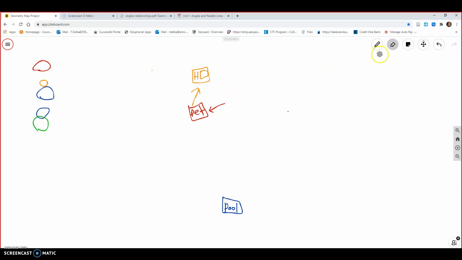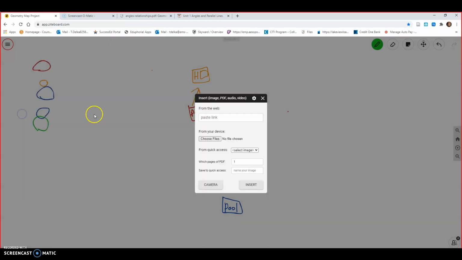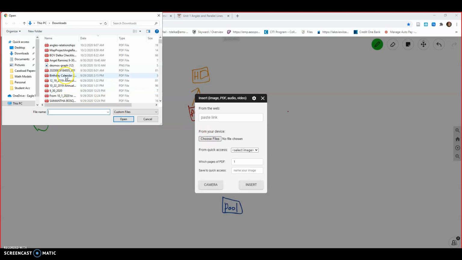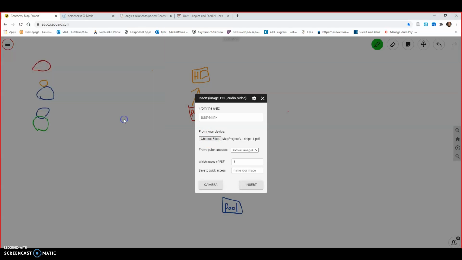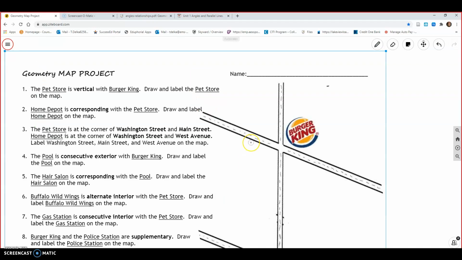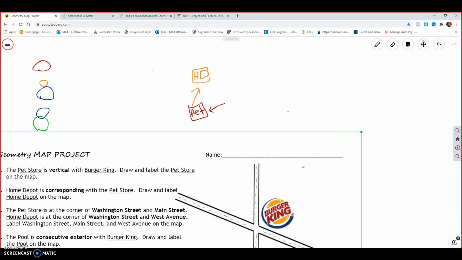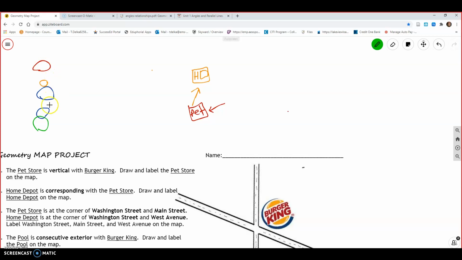Oh, where did my map go? Okay, hold on. Oh my goodness, guys, I lost my map. Okay, insert. I'm going to choose that file again. We really need that. Okay, insert it. Oh no, I just lost everything we did. Why? Okay, hold on, guys. I really don't know why we just lost that. Thankfully, this is a video, so I'm going to pause the video now,